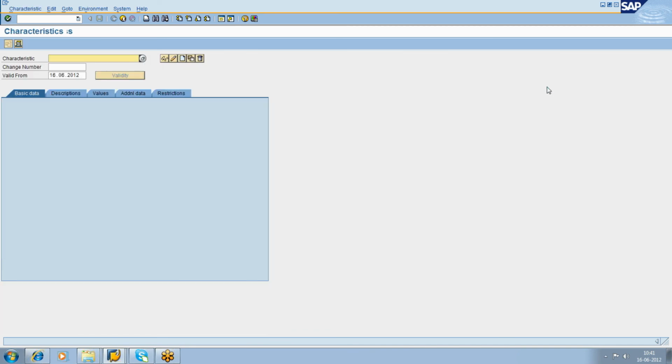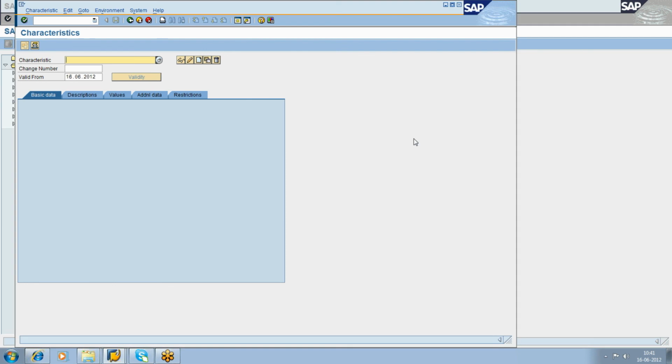So here, what we have discussed, I wanted to make PO value. PO value is one of my characteristics, isn't it? PO value is one of my characteristics. So what